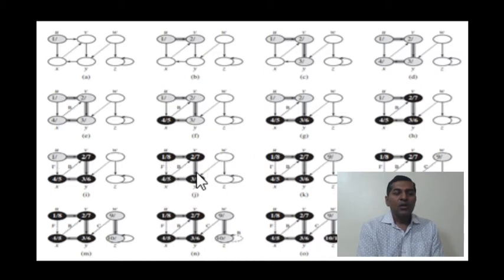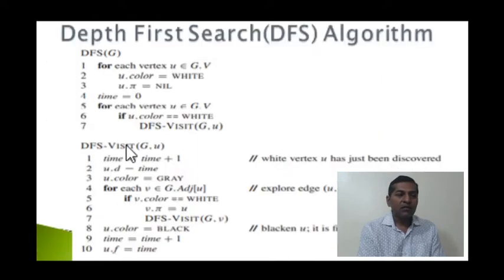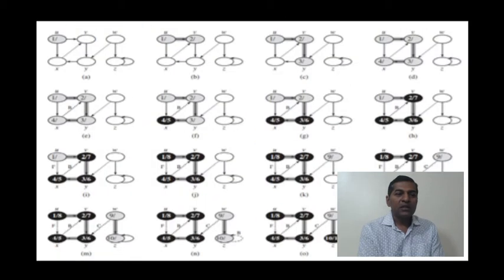So what we say is, we have a function, we'll say each vertex. There are remaining vertices available in this graph. w has not been discovered. So we check w, and yes, w is white. So we make it gray and assign a timestamp to it. So this timestamp has been assigned.